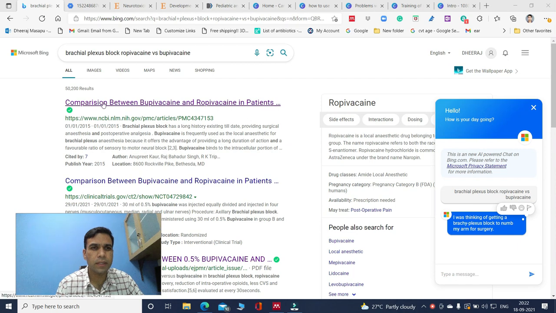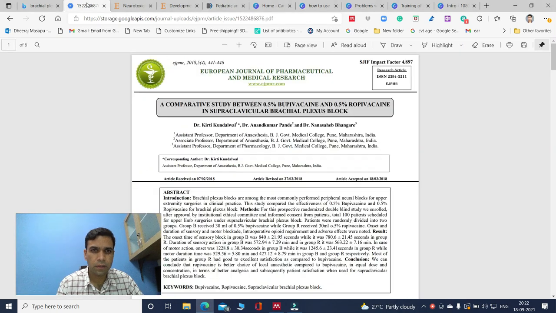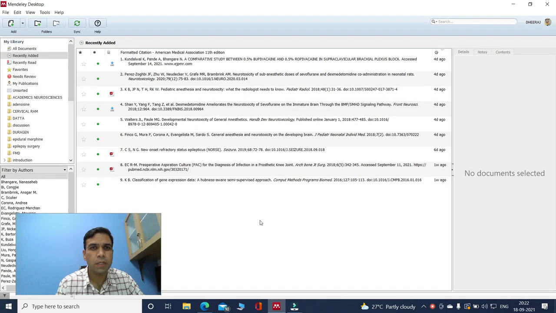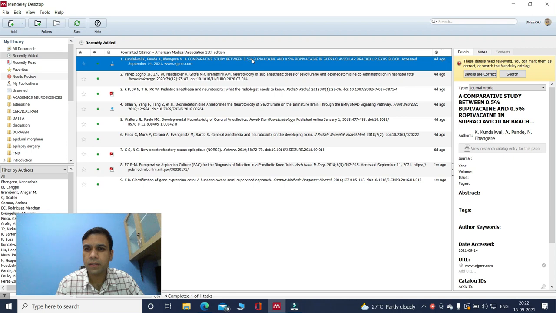This is a study comparing bupivacaine and ropivacaine in brachial plexus block, and I downloaded that article. This study is basically comparing bupivacaine and ropivacaine in supraclavicular brachial plexus block. This particular journal article I have imported to my Mendeley through the web importer, and look at what has happened. In my Mendeley, this study is here, and click on that.